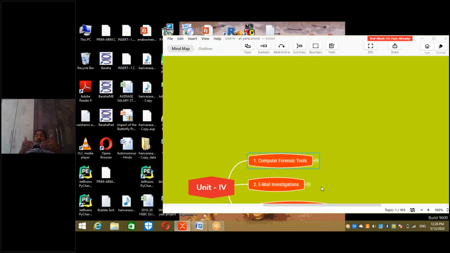Suppose you started the local investigation, you find that an email was used. Then your scope increases to what happened in the email environment. Now, how does an email work basically? It is based on client server.